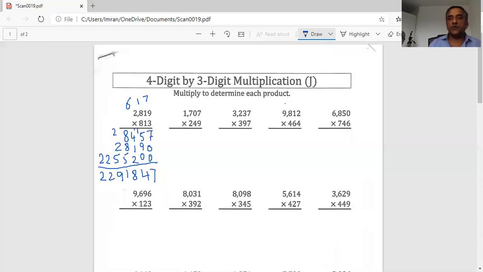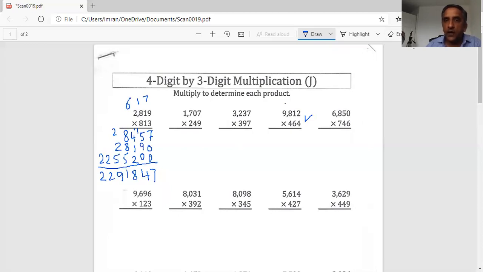Now I'm going to do question number four, not the second one, not the third one, the fourth one. Why? Because there will be enough space in between. So we can do the fourth question, which is this one I'm talking about. Here we have to multiply 9812 with 6464.